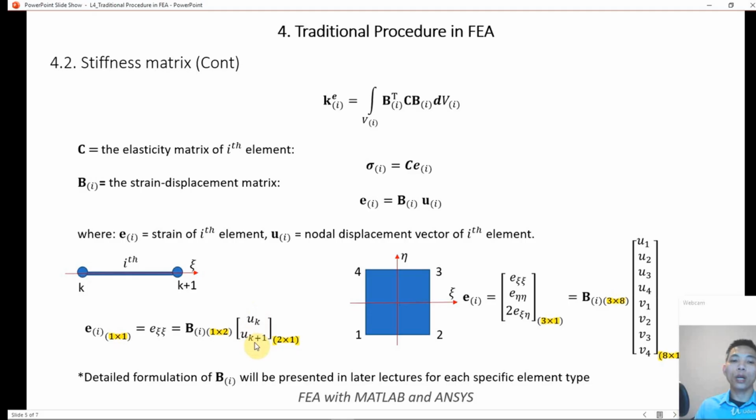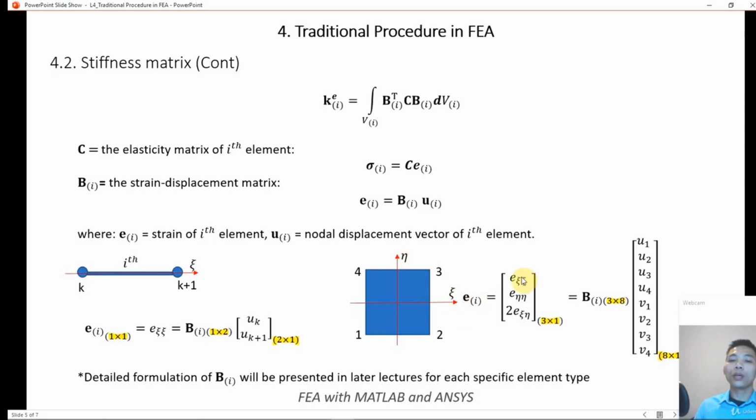So from here you can see that the B matrix for a one-dimensional structure should have the dimension of 1 by 2. For a four-node element for a two-dimensional structure, we have natural coordinate system ξ and η, and